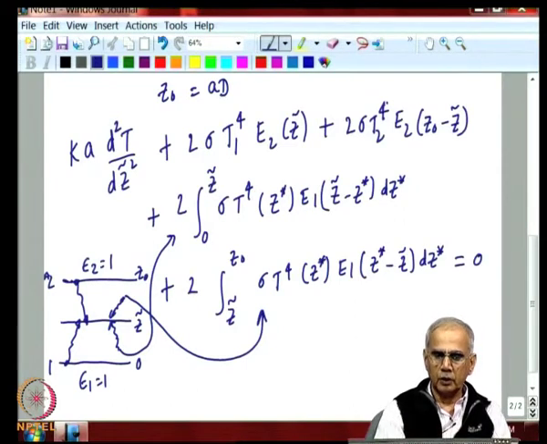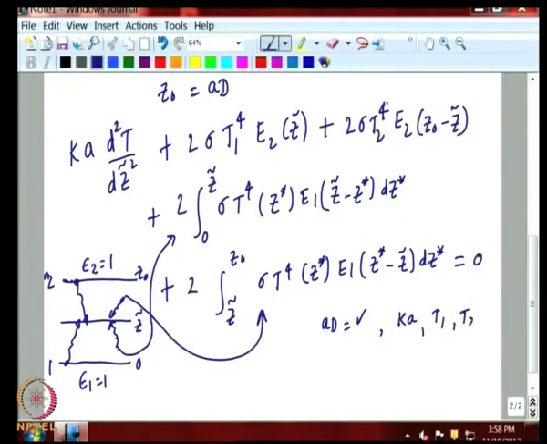Right now, for example, one parameter we have is of course AD, non-dimensional parameter. Then you are seeing Ka, the parameter coming in here. We have T1, we have T2. So, if you were to solve this problem numerically, we will have to solve it for various values of AD, which is our Z0. Okay. So, you have to vary Z0 over a range, then you have to vary Ka, you have to vary T1, you have to vary T2.